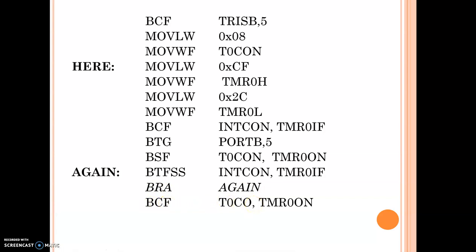Here I'm stopping the timer, and this branch instruction goes back to the start. That means from here I again load the timer, start the timer, toggle the port B bit, and then finally do the same operation of observing the overflow flag. That's how we can write the program for the timer.